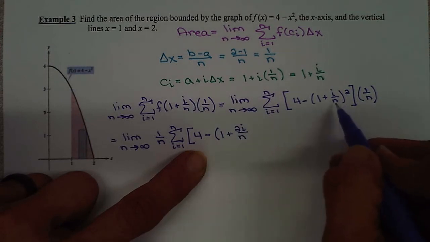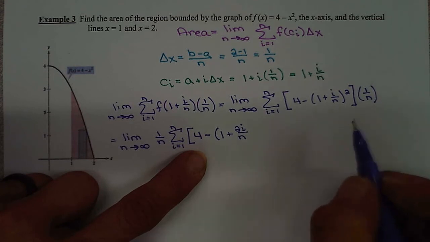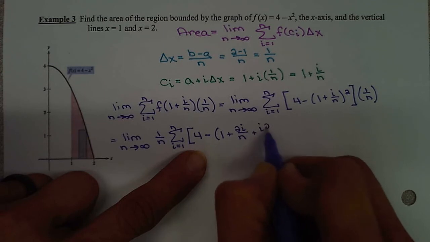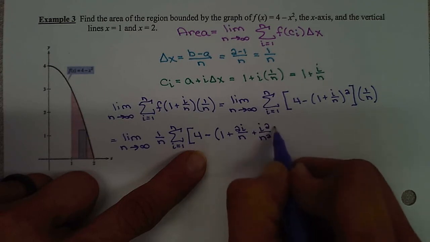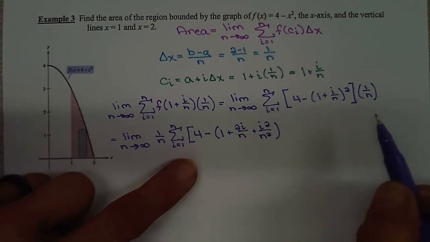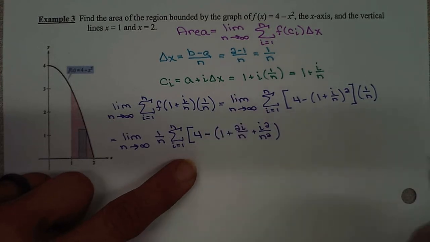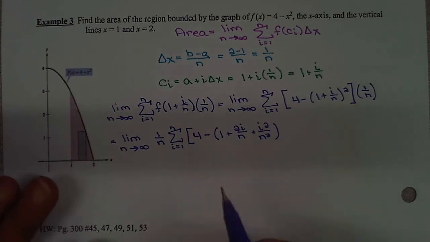And then an i over n times an i over n is going to make an i squared over n squared. Then we're going to need to distribute this negative sign through these terms. So this is